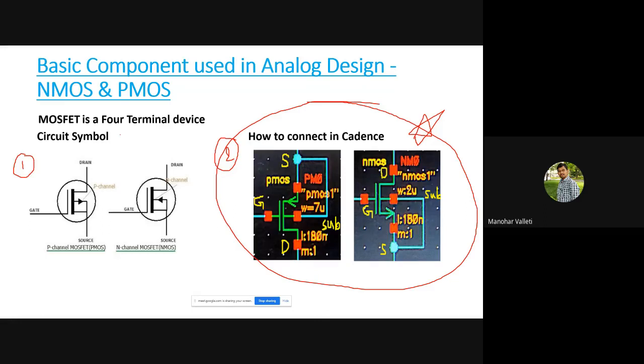In some MOSFET symbols you may see some discontinuity here and here, right? I think you know the difference between depletion type MOSFET and enhancement type MOSFET. I'm not going into that specifically, but discontinuity means enhancement type. As you see here, continuity is there between drain and source. This is depletion type MOSFET. Depletion type means a permanent channel is always there between source and drain.